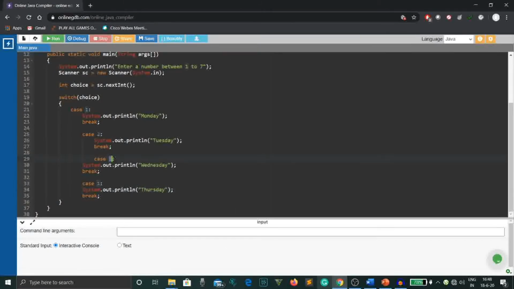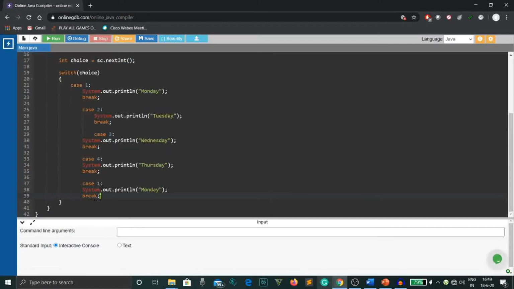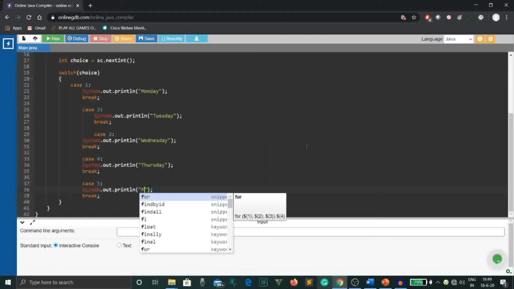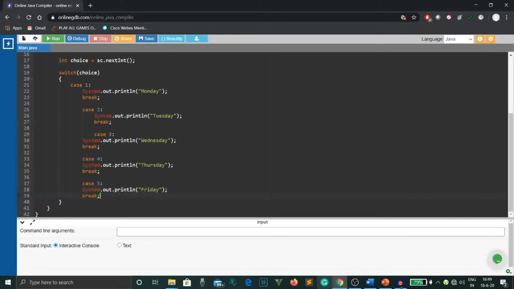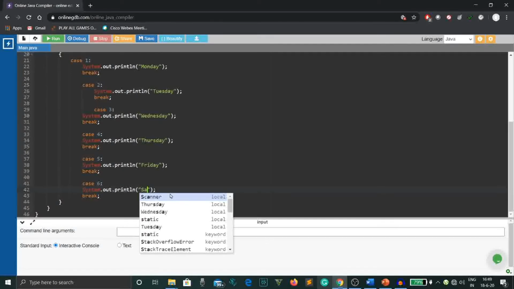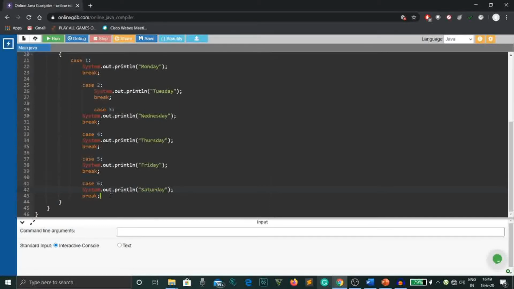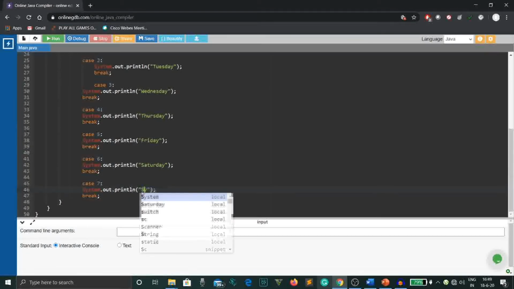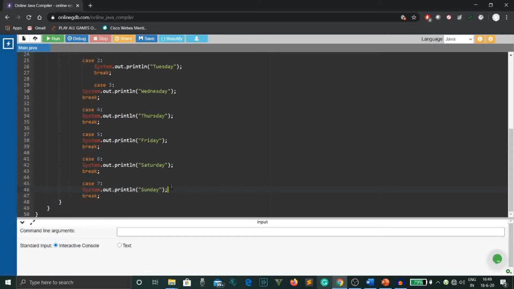Sorry, we need to change the case number as well. Case 3, case 4. Then again paste it. Case 5. Friday. Case 6. Saturday. Case 7. Sunday.